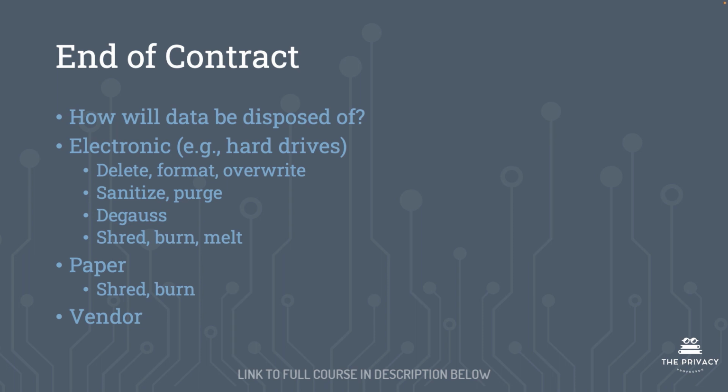Instead, we would want to sanitize or purge that electronic media, or if it's magnetic, we would degauss it. If you're not sure what degaussing is, you can go onto YouTube, search for degauss hard drive, and I'm sure you can find a short video where you can see how that's done. Essentially, you're exposing magnetic media to magnetism, and that scrambles the data. And as a final resort, or depending on the sensitivity of the data, you may take that hard drive, or whatever that electronic media is, and shred it, burn it, or melt it, and then of course it's completely inaccessible.